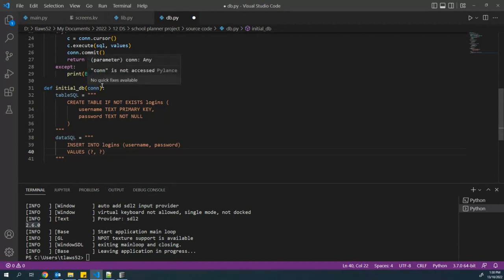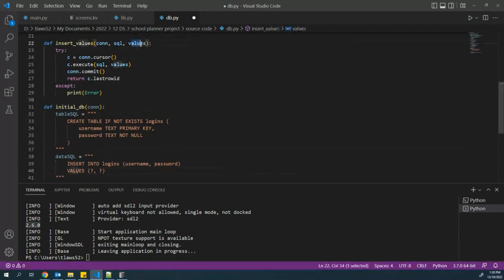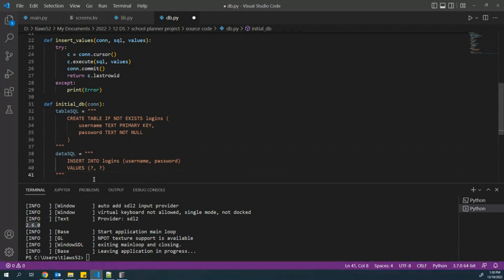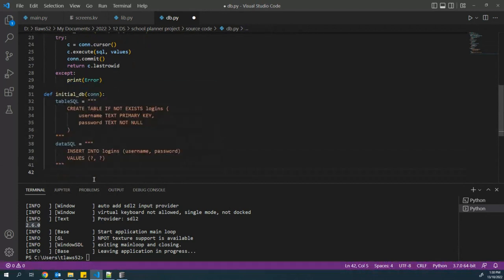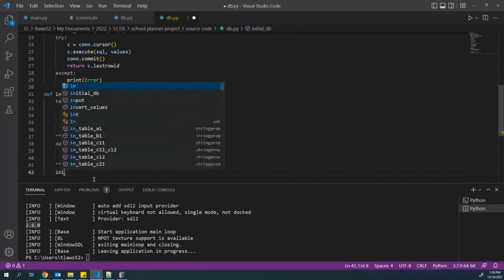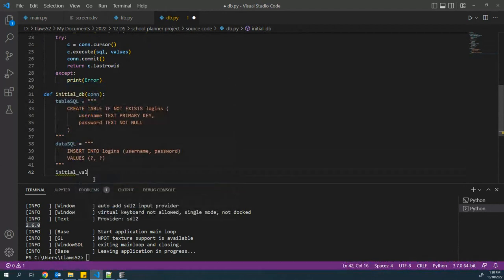All right, so if we go back up to our insert values, remember values is a separate parameter. We will define that very shortly. So this is the SQL part, and the values will be separate. We can actually probably do that now. So initial value equals,